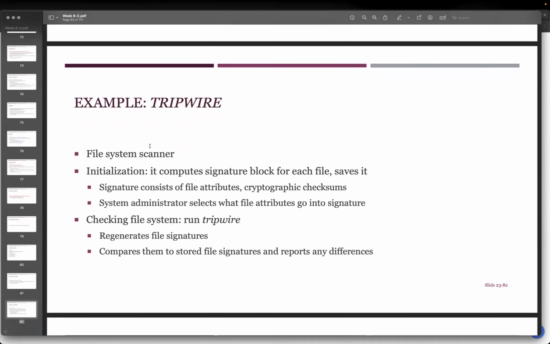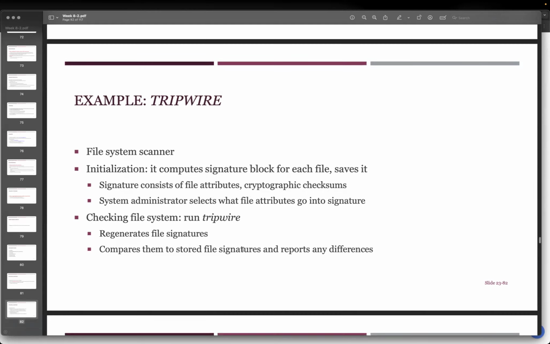And the tripwire is how it works, which we can use as a file system scanner. In the initialization, we compute the signature for each file and save it, so all of them have a checksum. Sometimes we say the MD5 sum, SHA1, SHA256 for this checksum. Then when we need to check the system, we just run it. It will regenerate the file signatures, and then we compare the newly generated signature